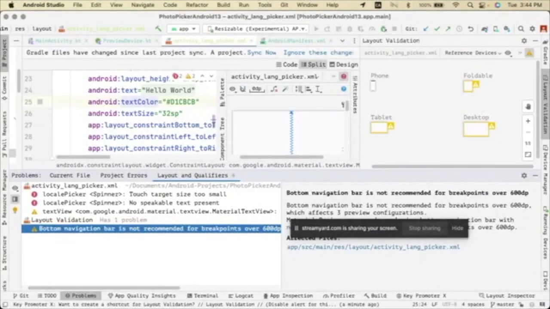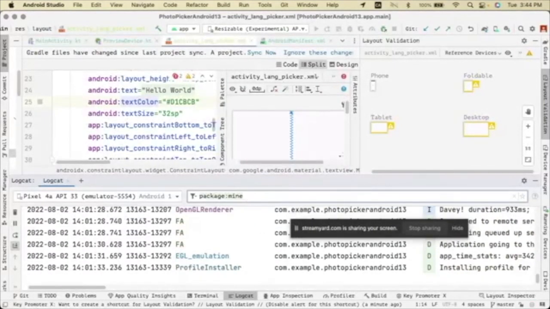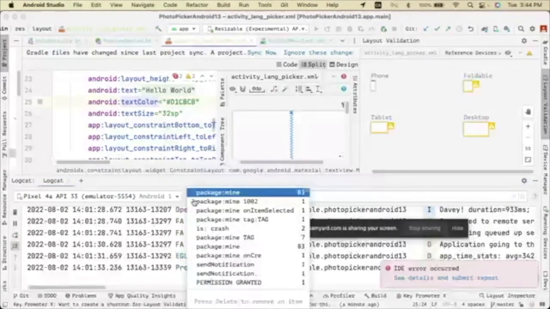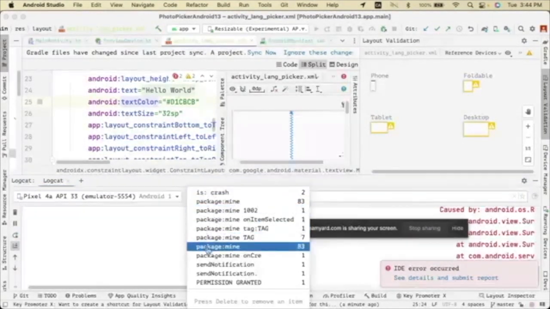Yeah, I think the last one is Logcat. I don't have it open, but this is the revamped Logcat. There is a new search, query based, with key and key-value parameters. We can search using different options, and it keeps the history. Like if we want to search for crash or stuff like that, package:mine,